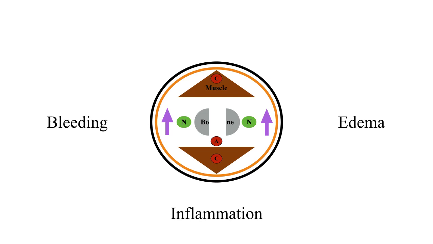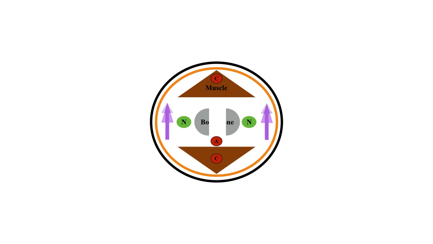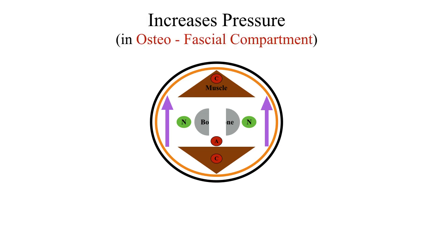As we have seen previously, the fascia, the orange structure, is inelastic, so although edema is there within the compartment, the fascia cannot stretch to accommodate it, and the bone within is also hard and inelastic. So, as both the inner and the outer layers of the compartment are inelastic, when the bleeding and inflammation happen, the pressure increases within the compartment, and this increase in the pressure in the osteofascial compartment is called